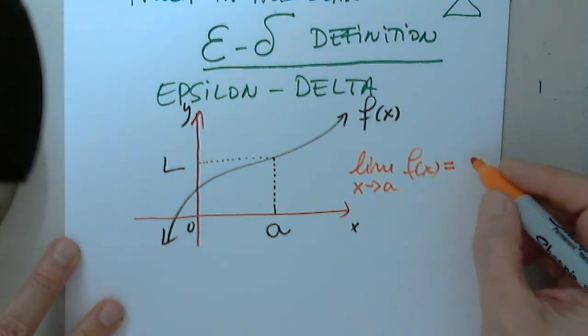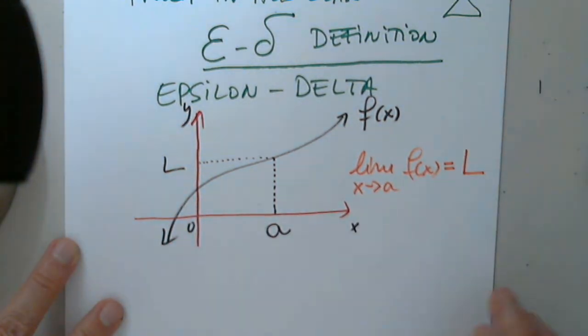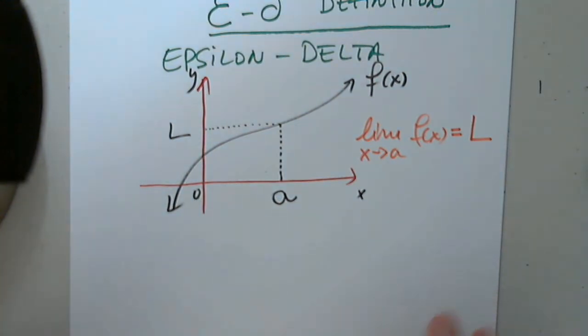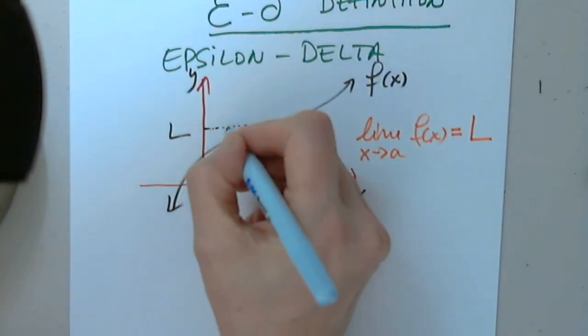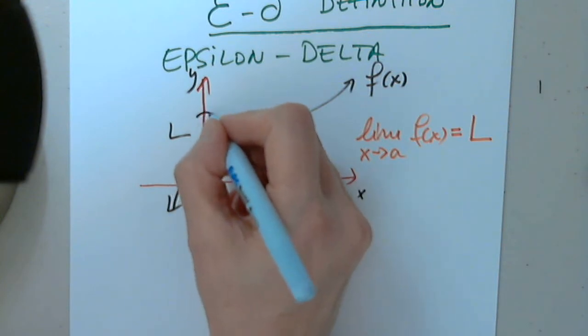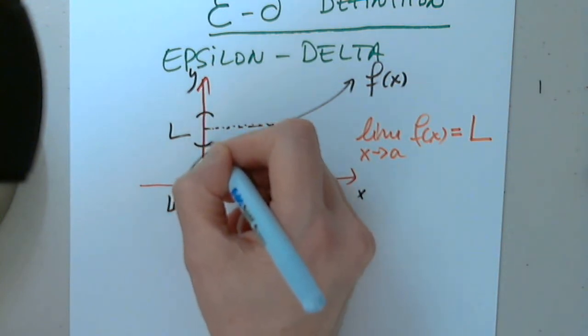Yes. And the limit is? L. That's it. The limit exists. And here is the mechanism why it exists. If I choose a symmetric interval